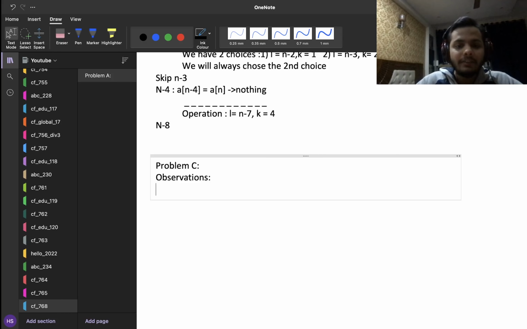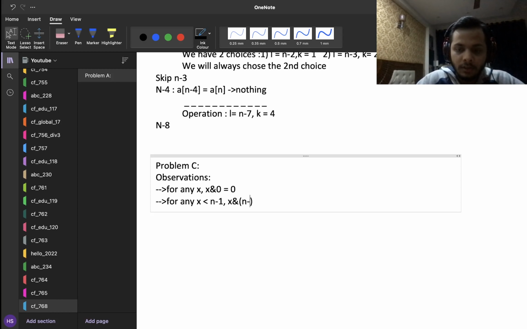And they're not really observations, they are just facts which almost everyone who knows about bitwise operations knows. So one thing is that for any x, x AND 0 is always equal to 0. The second observation is that for any x less than n minus 1, x AND n minus 1 is always